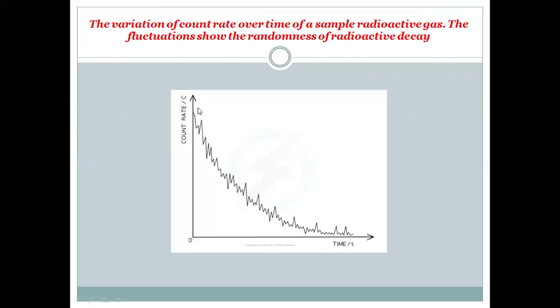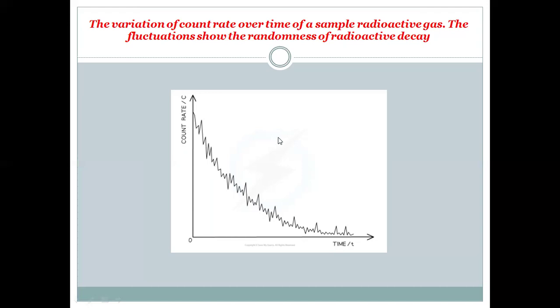Now, the graph which shows the half-life is a spontaneous graph, that is count rate, which decays exponentially with time. But this is not a smooth curve. The curve is not smooth because the process is random. It means the number of atoms which are decaying per unit time does not remain the same, it will be fluctuating. Suppose initially a sample has 400 atoms, and half-life is